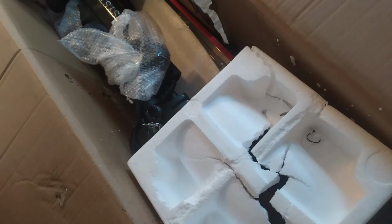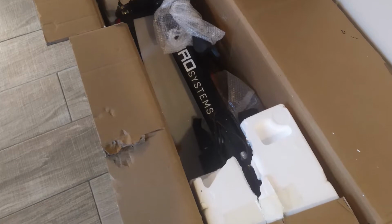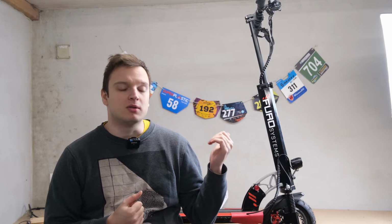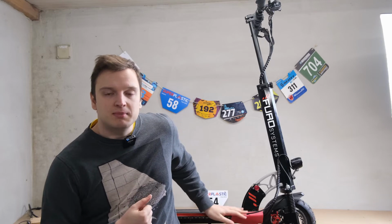Wrong. So I got it and it was completely mangled in the box. Now, obviously, it's been to a couple of reviewers before me, and so probably those previous reviewers damaged the box or the packaging or even the scooter before I got it. That sort of stuff happens. It's not really a problem with me, even though there are quite a few paint marks on here, just paint chips missing. There's some glue residue from where a protective cover was on the base plate where you stand on, but again, no one cares if there's a little bit of glue residue,